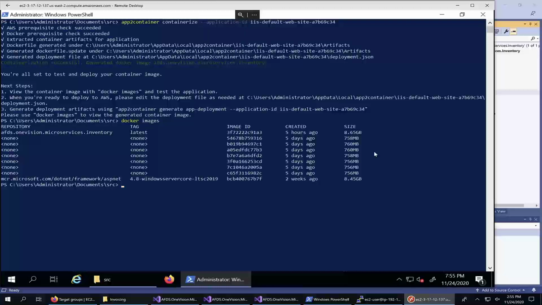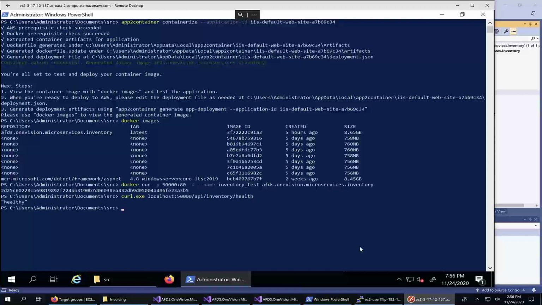Great. Now let's test our container before we push it up to the repository. We'll run the container on the build machine. Once the container is running, we can test it by sending a request to the health check endpoint. Healthy is what we want to see, so this test passes. Now we can stop and remove our test container. Now we know that the container works,